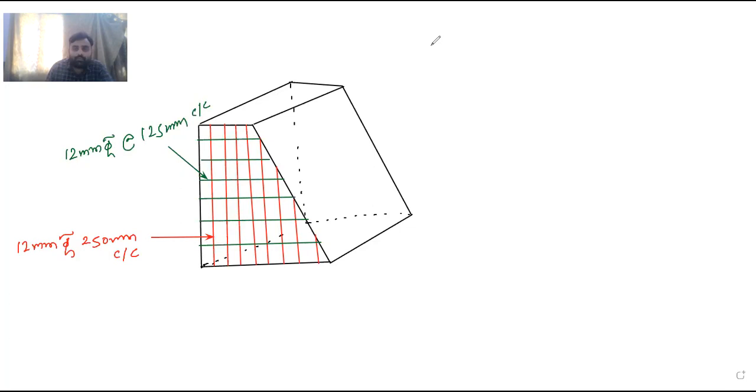And now the bars in the flange, those bars are like this. These are the bars like this. So 1, 2, 3, and this is the fourth one. Okay. And these red bars,